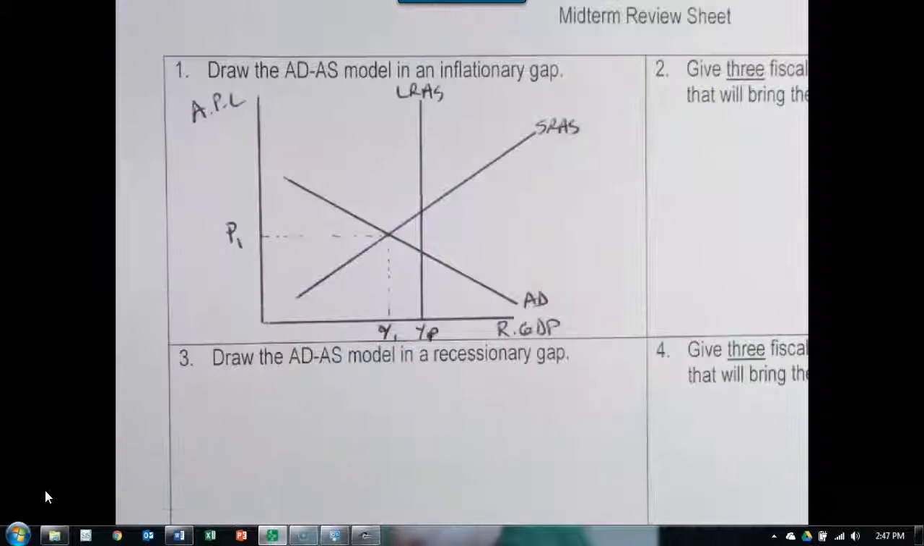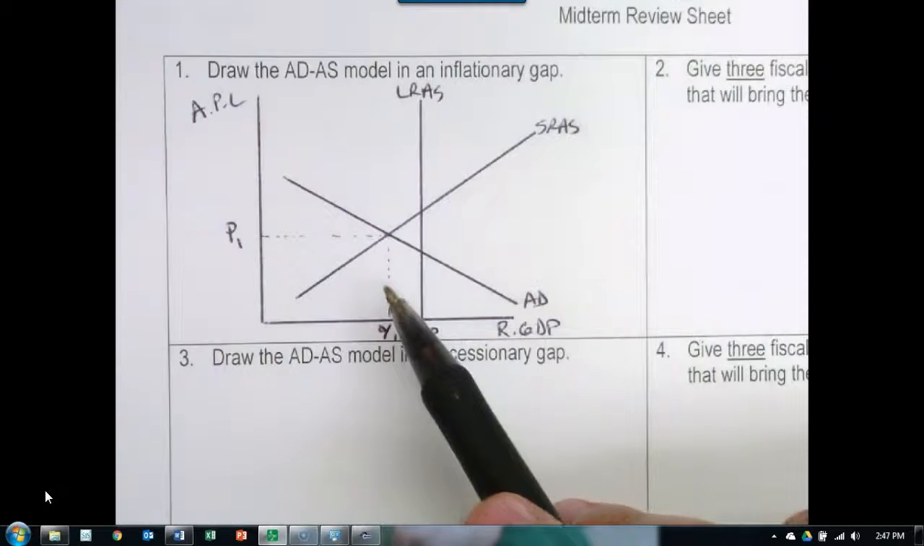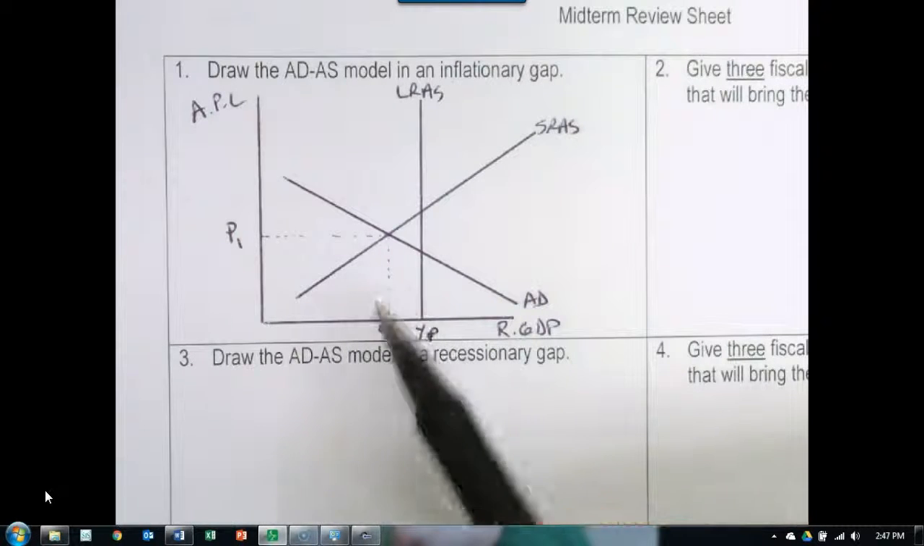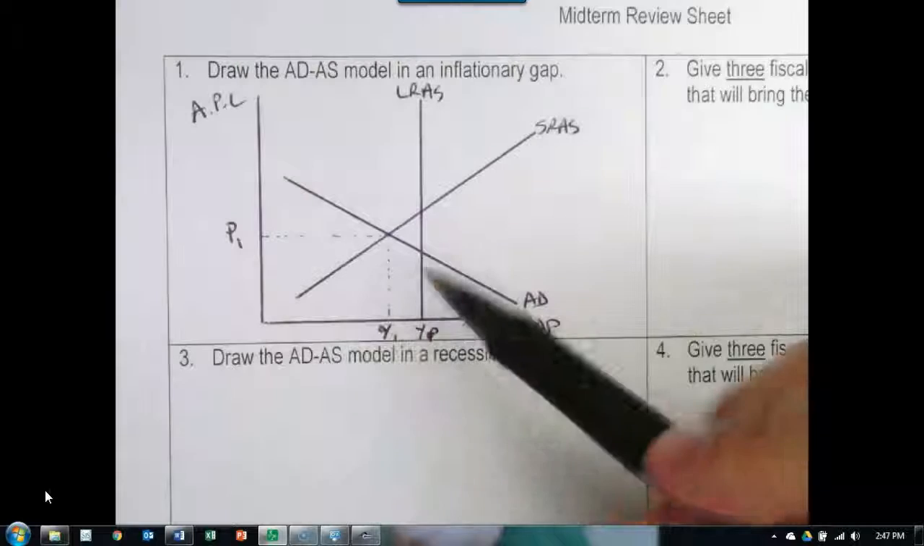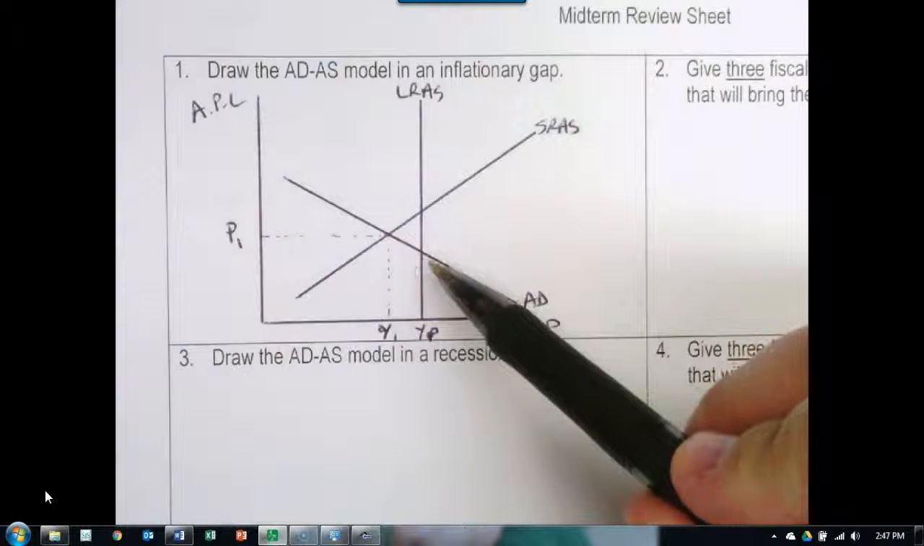The other way is to just leave it alone and let the economy manage itself, in which case what would happen is with unemployment, there would be downward pressure on wages. There would be a lot of people looking for work, not enough jobs to go around. That gives a certain degree of leverage to the employer. And so we would see wages drop. And because of the drop in wages, that decreases the cost of doing business. And that causes the short run aggregate supply curve to shift to the right, increasing output and putting us at